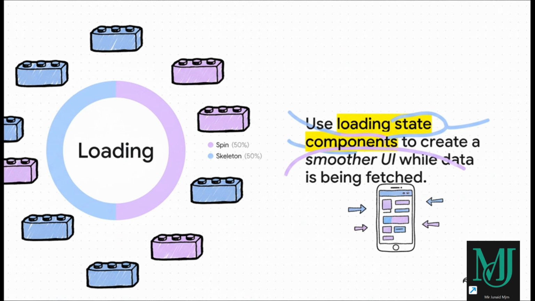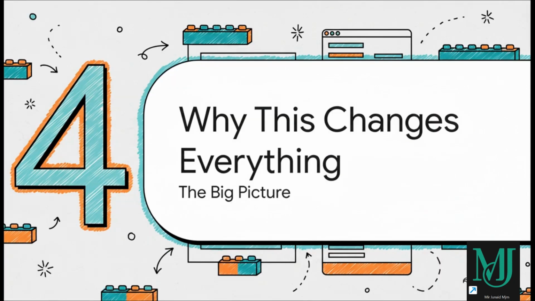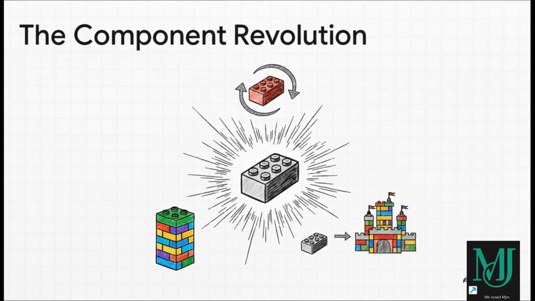Zooming out, this component-based model has completely transformed how we build for the web. It unlocks reusability, enforces clean organization, and enables effortless scalability. Huge applications like Facebook can exist without collapsing under their own complexity because they're just made of small, manageable, independent components. And that leaves us with one final thought: as components and libraries become smarter and more powerful, the role